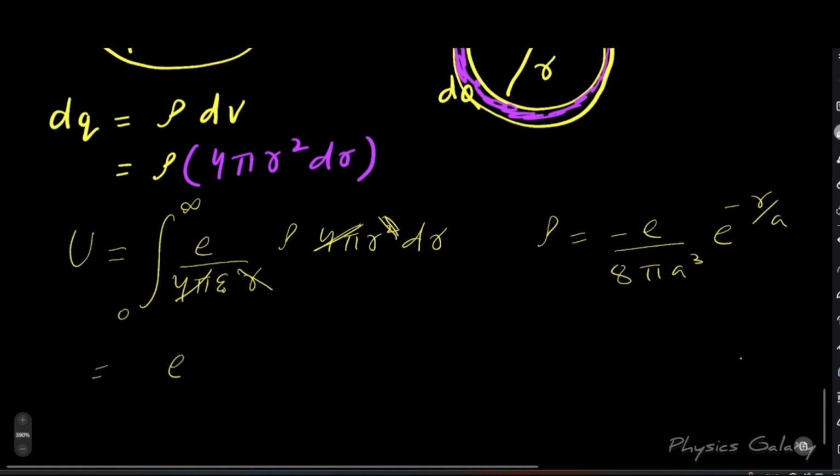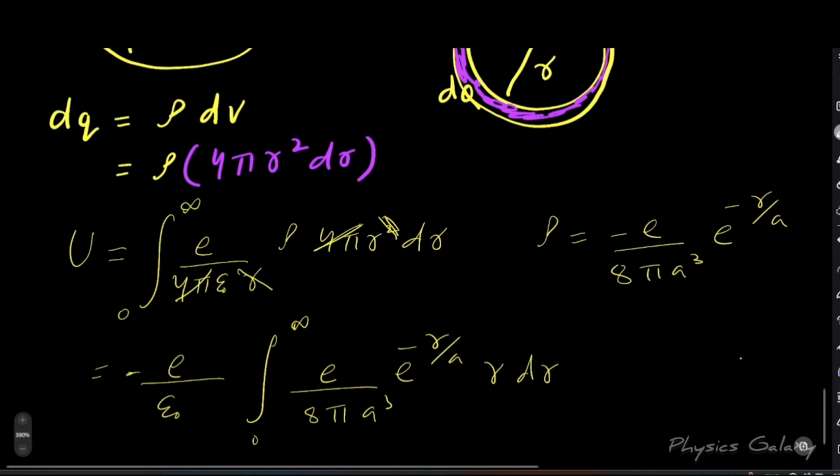So I have e, then epsilon naught, the minus sign, and then we'll have integral 0 to infinity e by 8 pi a cube e to the power minus r by a, and then we have r dr,